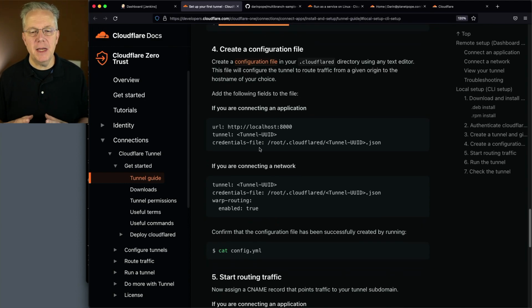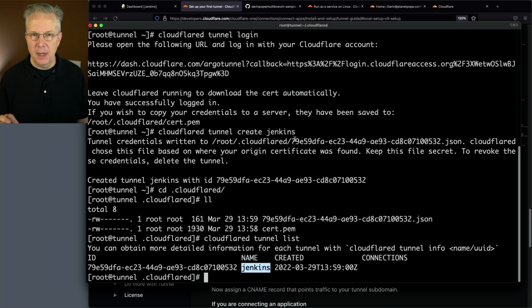And since we're going to be connecting an application, we have Jenkins running behind a firewall, stuck in a private network, but I'm setting up a tunnel. That's what we're doing. We are not connecting a network, we are connecting an application. So let's go ahead and go back over to our tunnel machine, and this configuration file needs to be named